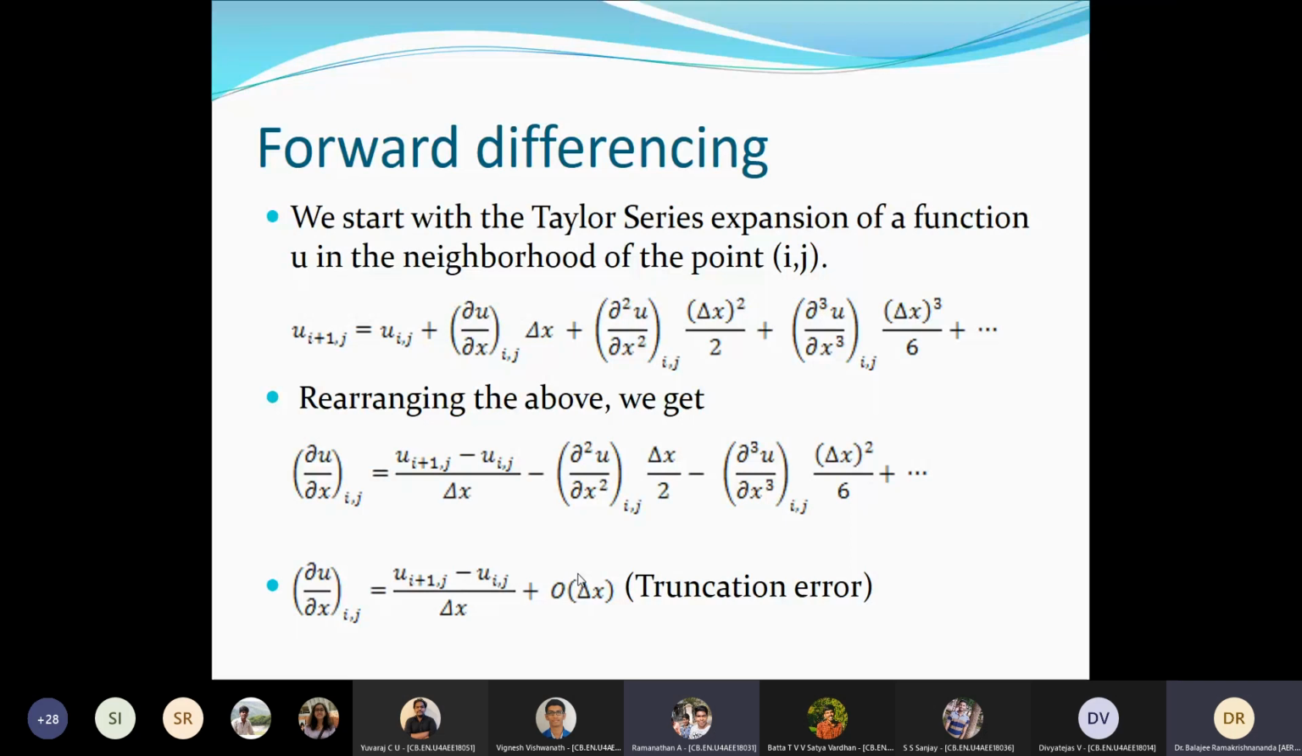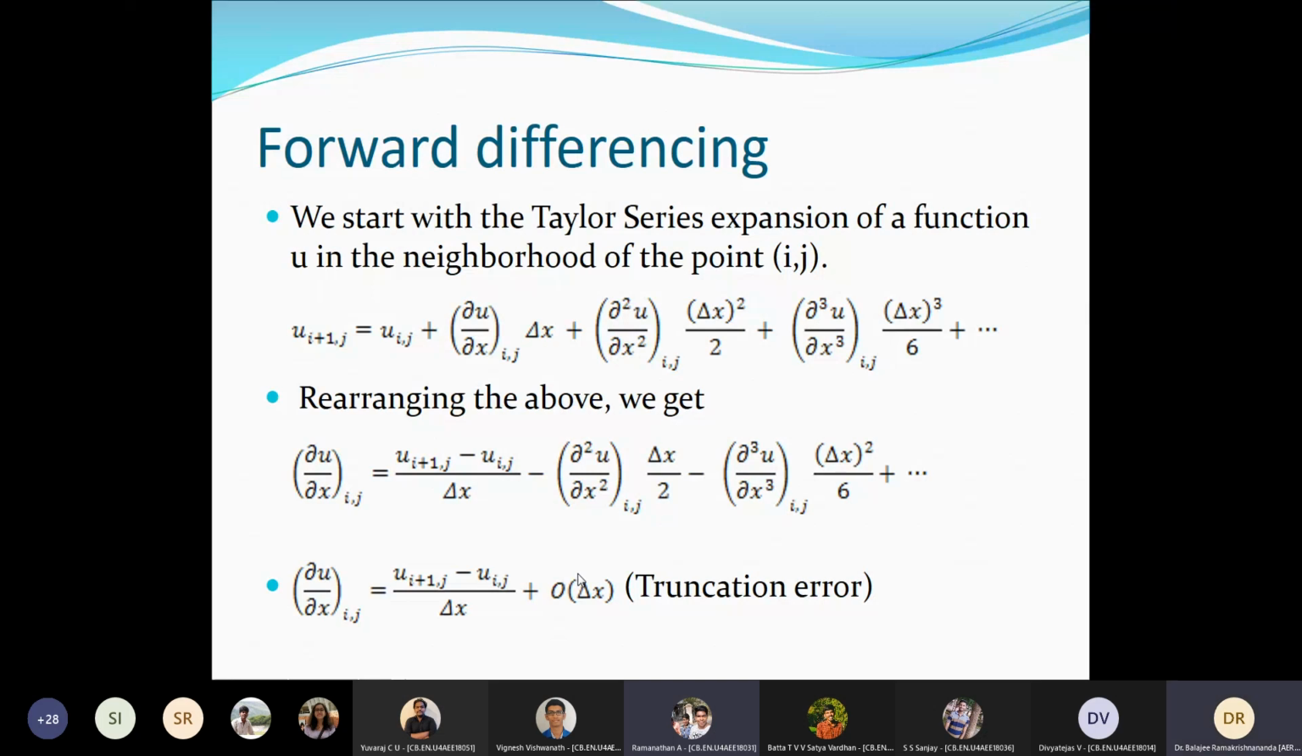Yes, sir. See, heuristically, you can say definitely one term multiplied by delta x whole squared. For example, let's take delta x as 0.1, so delta x squared will be 0.01. Let's assume that ∂²u/∂x² is of the order of 1. So it's 1 by 2 into 0.1, which is 0.05. Second term,